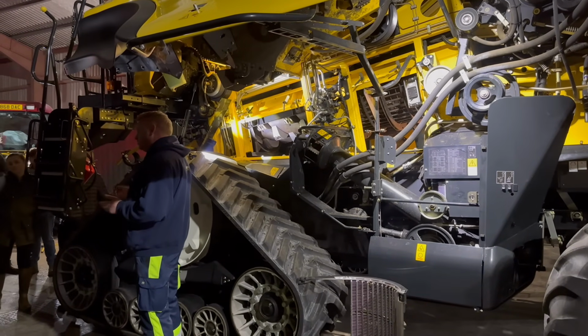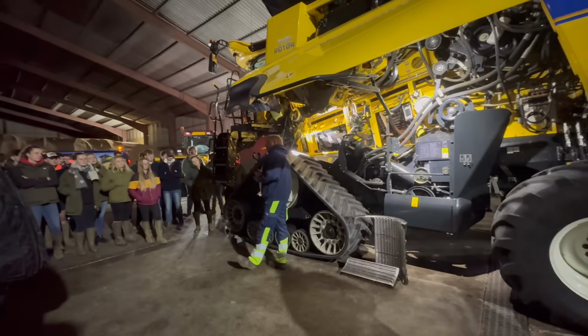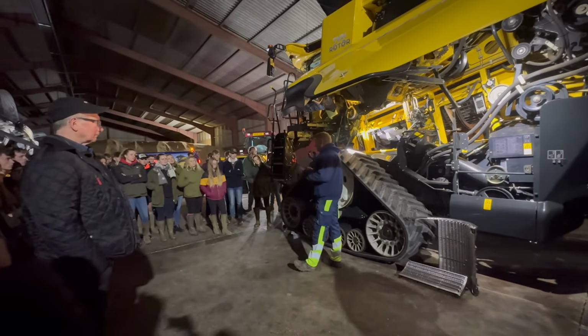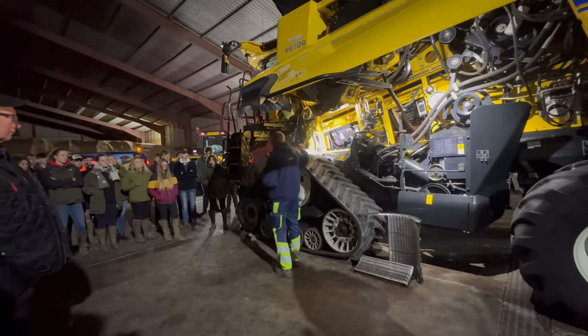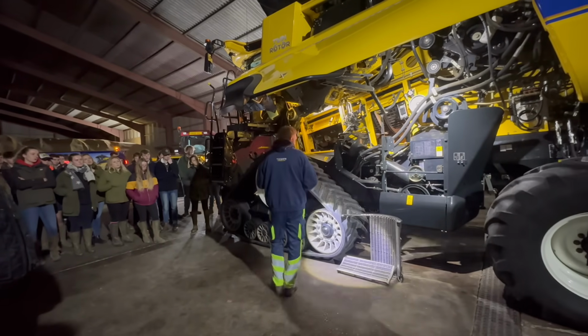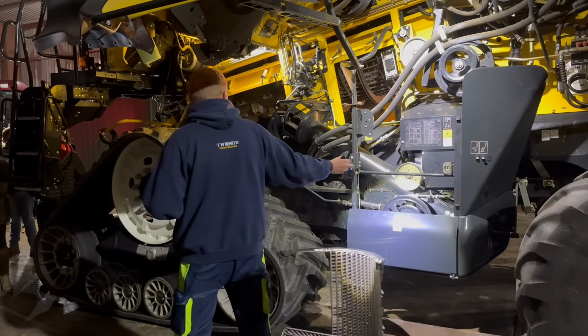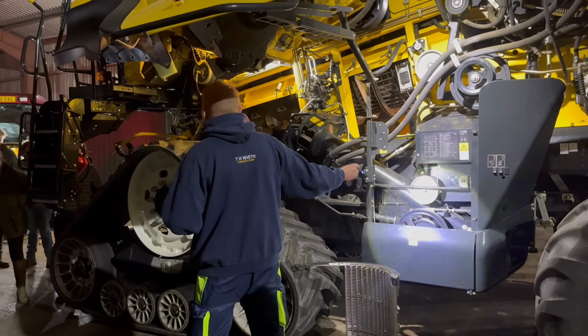So if it's clean, it can go straight in the tank, to go in the trailer. Or if it's not threshed properly, maybe you've got 2 or 3 grains together that have just snapped off and fell through, that will then be directed, rather than going in the tank, into what we call a rethresher, or your returning system. It then smashes it again to make it clean,